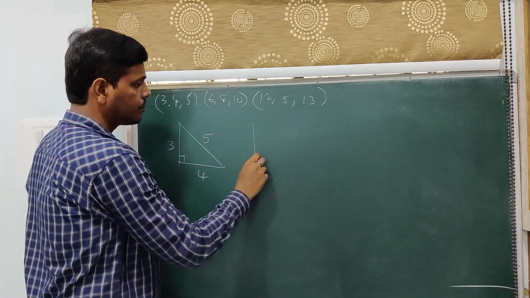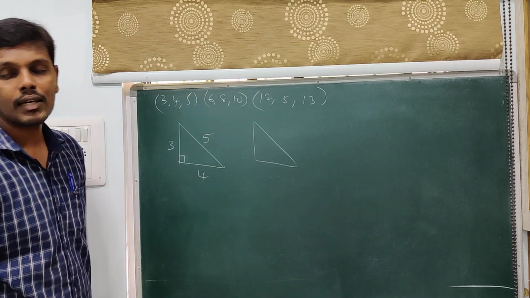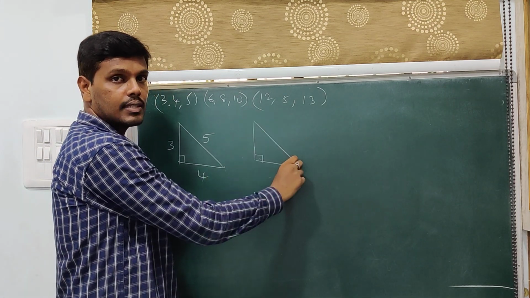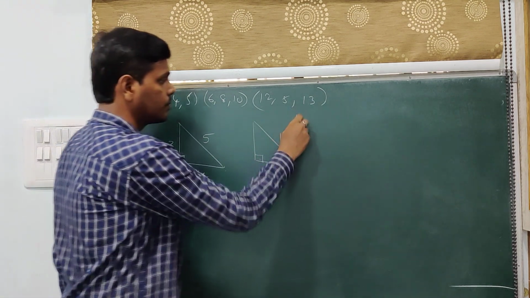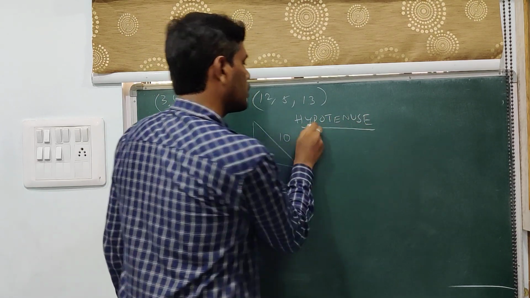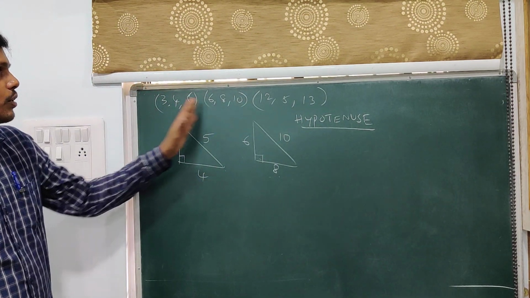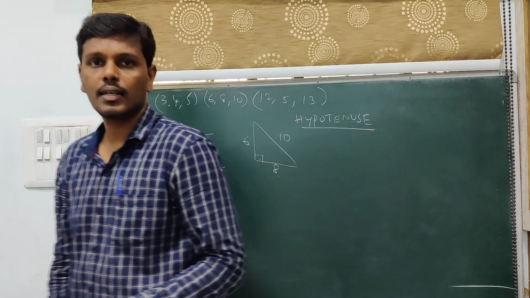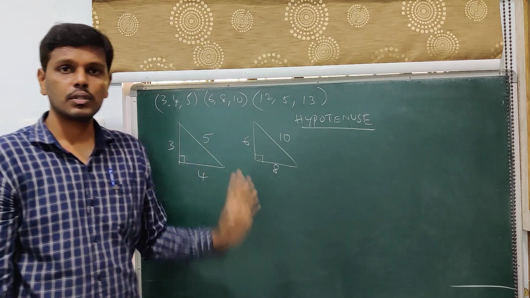Like the same here also, when you draw a triangle using these three measurements, then you will always arrive at a right angle triangle, and the side which is opposite to the right angle is your largest side, and that will be your 10, and that largest side is called your hypotenuse. This one, say this is 6. So likewise, whenever you are given a Pythagorean triplet, you can draw a triangle, and that triangle will always be a right angle triangle, and the largest side will be the side opposite to the right angle.